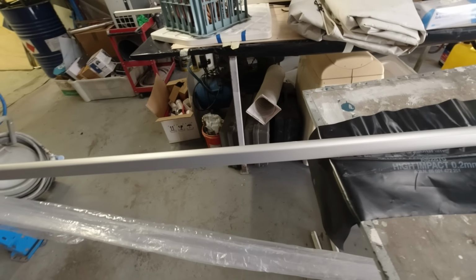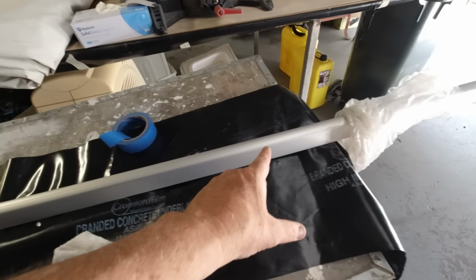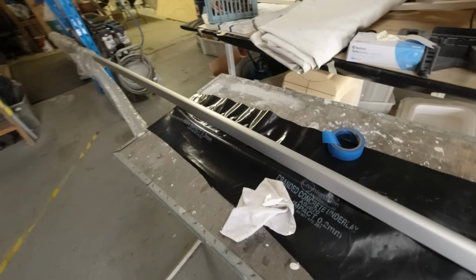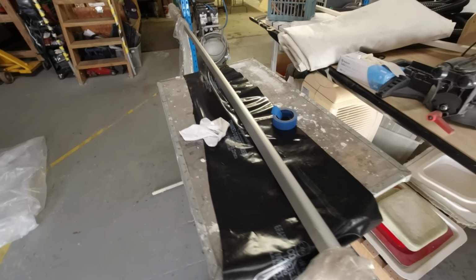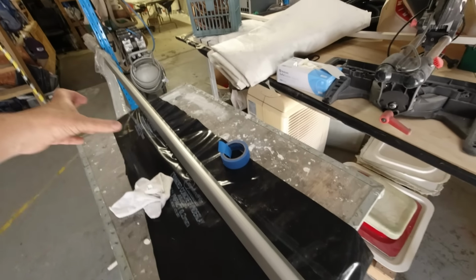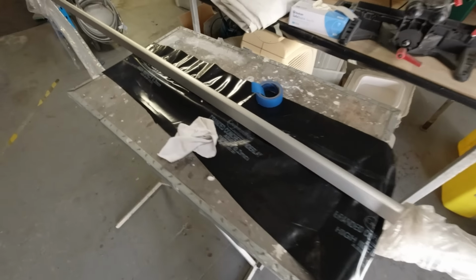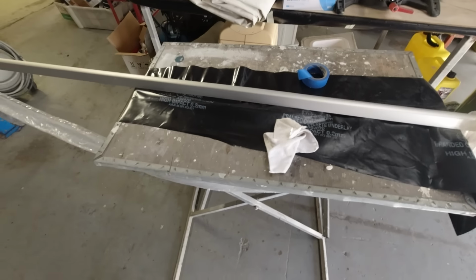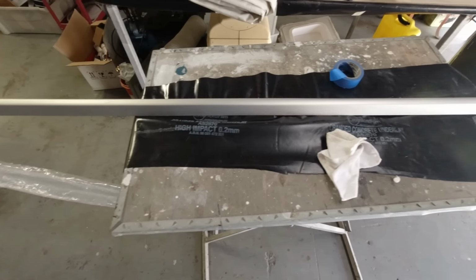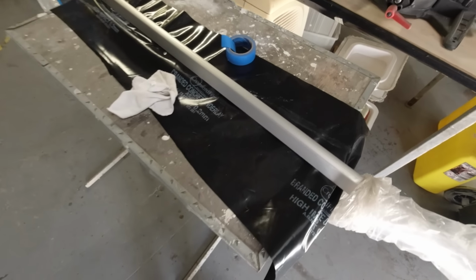and I'm keeping it in the factory if ever we hit a dock or anything, and I've just waxed up this section here, and I'm going to lay 3 or 4 layers of glass over it just to give me a mold of the actual shape, and then I'll cut it into 2 sections, 1 for each side, port and starboard. I'll be able to lay that over the existing gunner rail that's on the boat and basically mark exactly where the chain plates fit once they're fitted on the boat, because they have to go on immediately under the